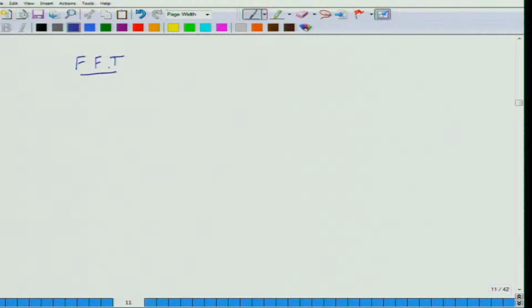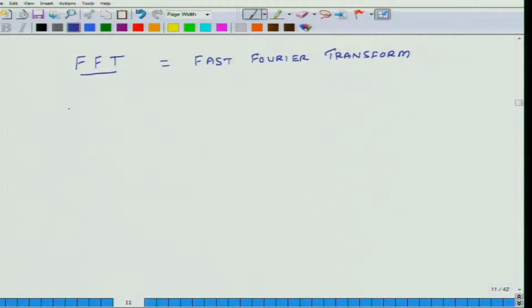FFT. So, DFT was discrete Fourier transform. FFT stands for fast Fourier transform. Most of the times when you hear in industry or in signal analysis, you do not hear DFT, rather you hear FFT. So, we had seen that the DFT of any signal x(t) is given by this relation, X_k equals